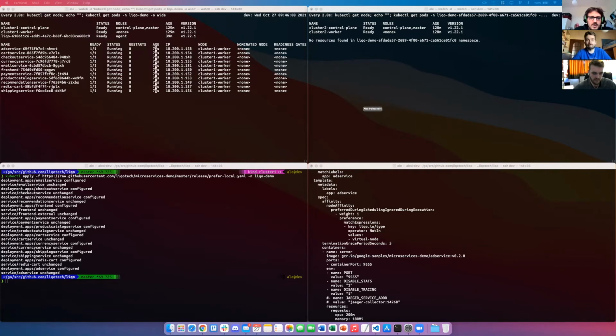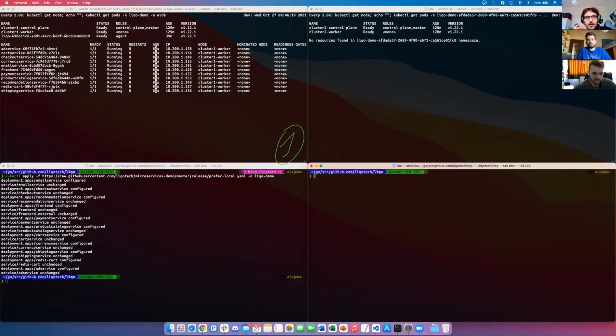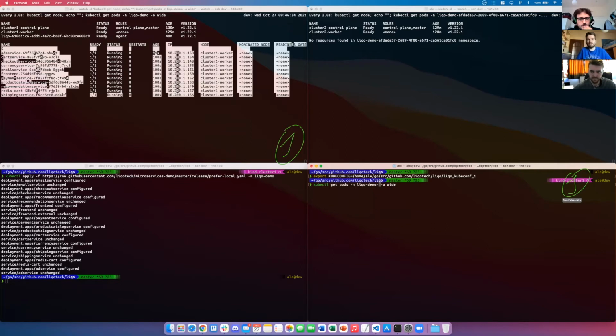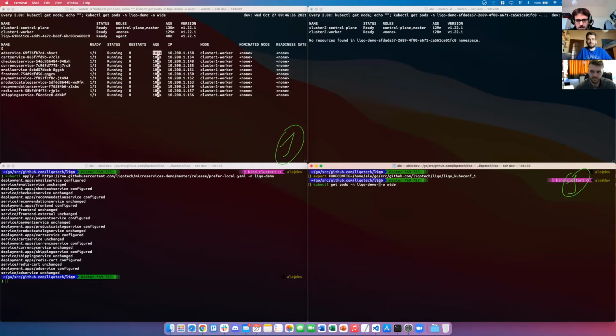So what we can do now is to try to fill our first cluster, our local cluster, until we are required to use resources from another one. What we can do to scale resources here is really simple. We can just use the scale command. We can show it here because it's simpler. I've changed the context of this terminal, so we are now pointing to cluster one.